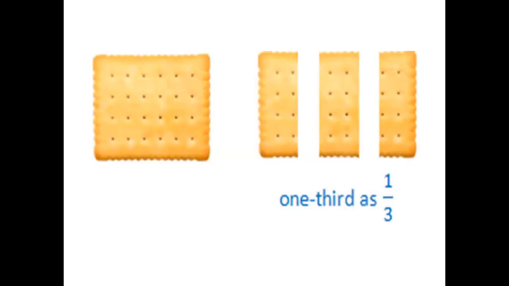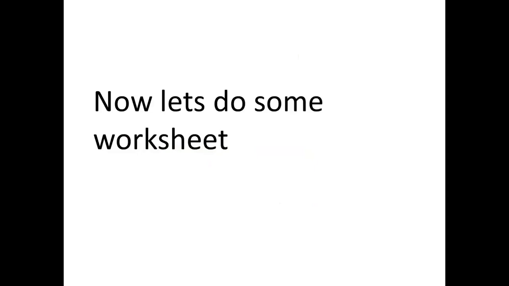Now we are just looking at biscuits. We have one biscuit and we'll have to divide it among the 3 people. So we have divided equally. So here we would say it as 1 by 3. It's also called 1/3. So one biscuit that we make into 3, we will say 1/3 or 1 by 3. Now let's do some worksheets so that we'll know how much we all understood.